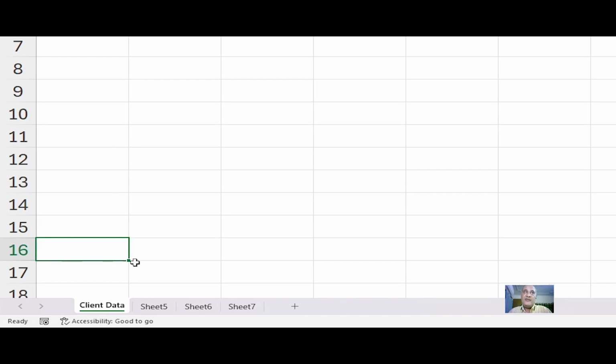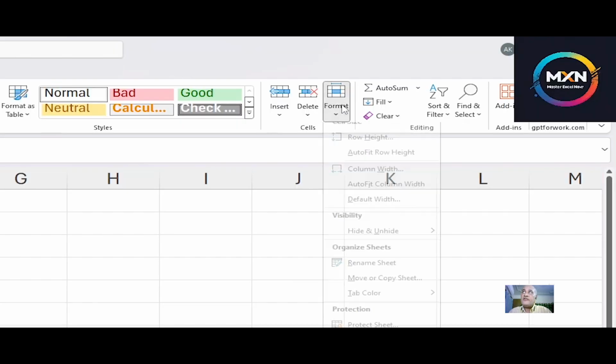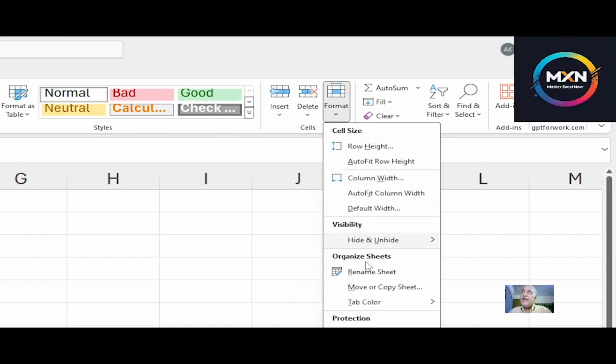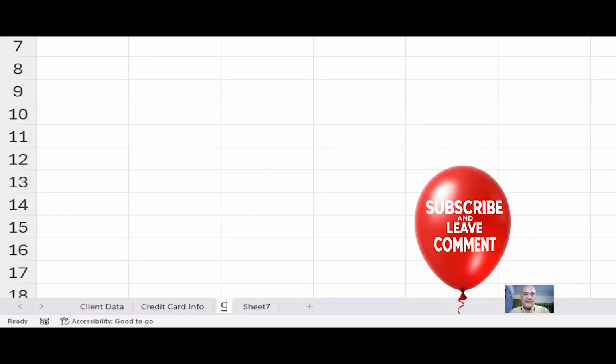Now, how do I rename it? It is very simple. Just double click on the sheet name and give it a new name. So here I want to say, let's say, credit card info. Or you can select the sheet, go to Format on your Home tab, and click Rename Sheet. And here you would say, let's say,